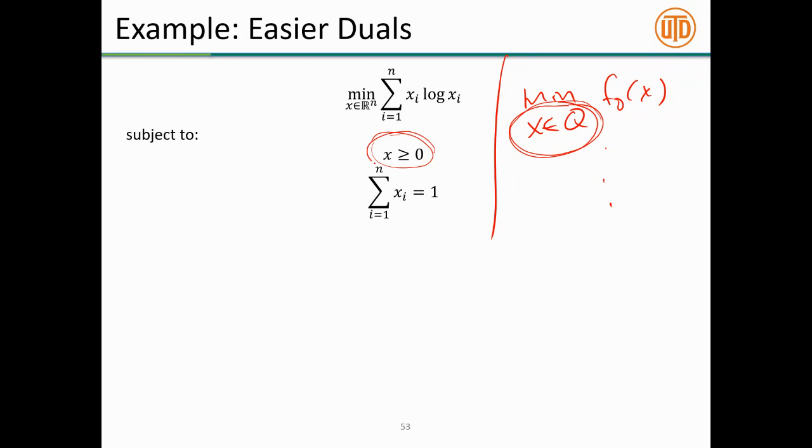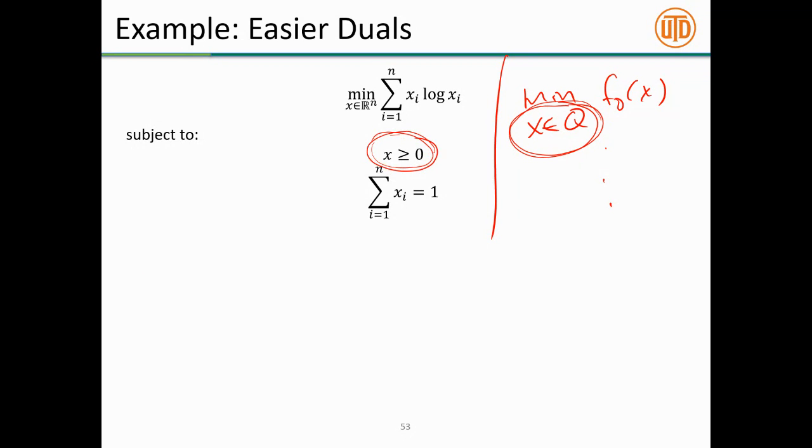It turns out, though, that this x greater than or equal to 0 constraint is actually a little bit superfluous when you write down the Lagrangian. Because the Lagrangian will always be a convex function, it's easy to check that x log x is a convex function when all the xi's are between 0 and 1, which they would have to be for this to sum up to 1, with the sum to 1 constraint. It's convex beyond that, but you have to be careful.